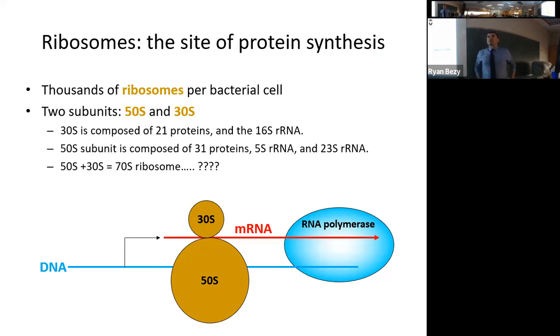Ribosomes are going to be the site of protein synthesis for cells. And it's not just one ribosome. There's thousands of ribosomes per individual bacterial cell. There's thousands and thousands of these per even eukaryotic cells, probably more than just a few thousand. Ribosomes in prokaryotes are big enzyme complexes, but often they're broken down into 2 main subunit parts, what's called the 50S subunit versus the 30S subunit.